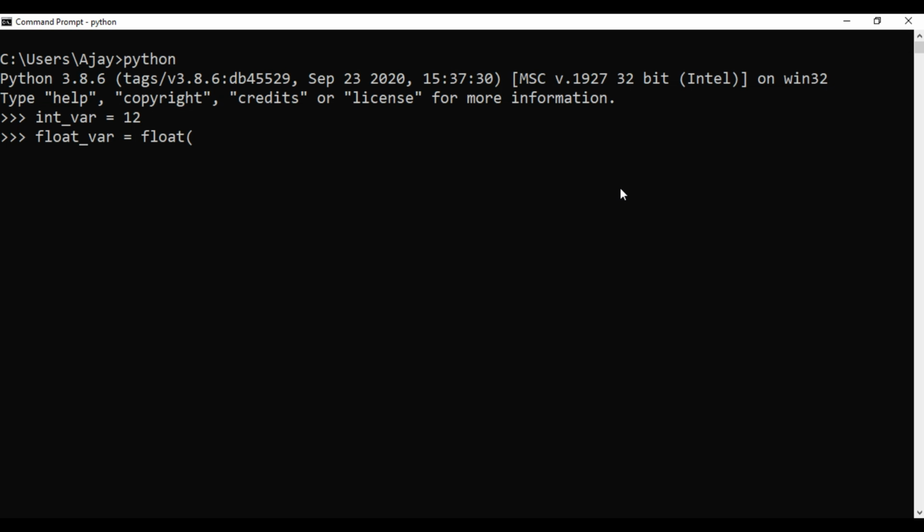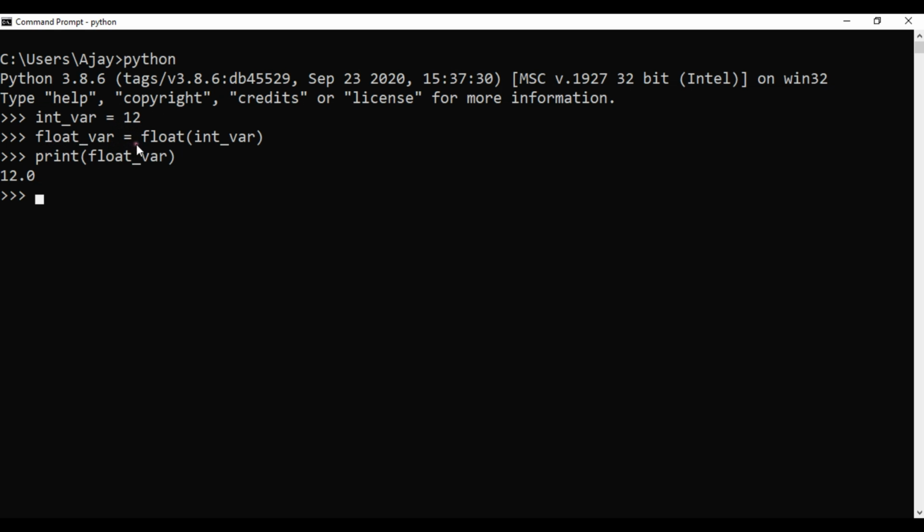So inside the float function I will write down the variable name. So now I will try to print what is inside this float variable, and it should be a float number. So here you see this int_var, we have provided 12, that is an integer.